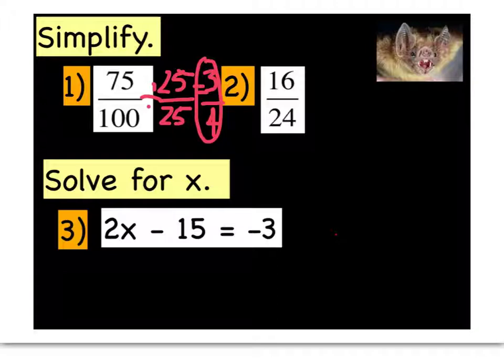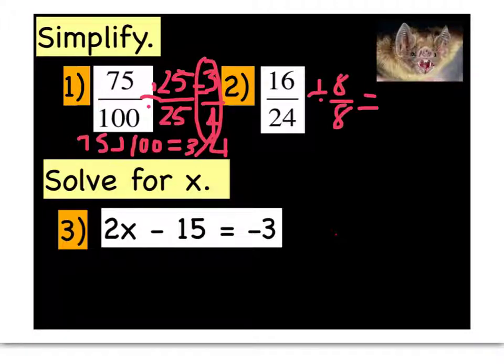Now we can double check that on our calculator by using our ABC button. Anytime we need extra practice, it's good to double check our answers. Same thing with number 2. So I'm trying to break this down into smaller parts, equivalent expressions. So it looks like 16 and 24 both have 8 in common. So I'm dividing the numerator and denominator by 8. So I get